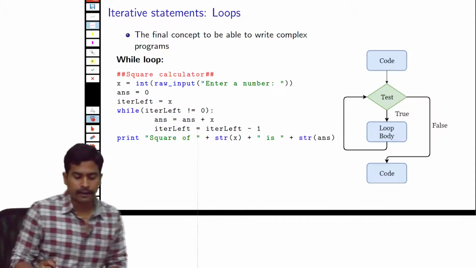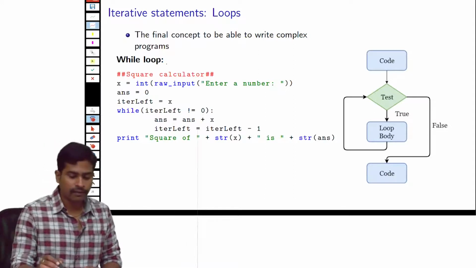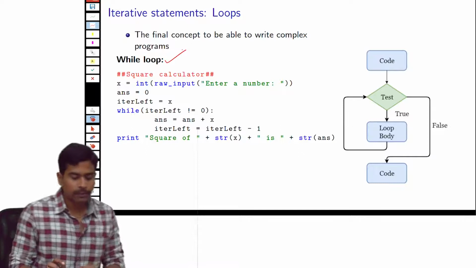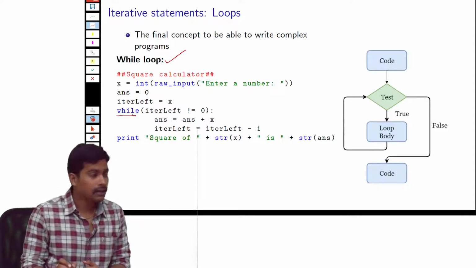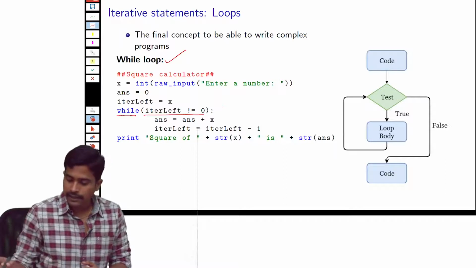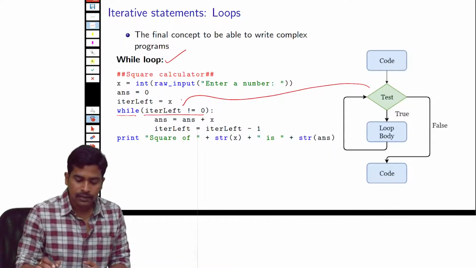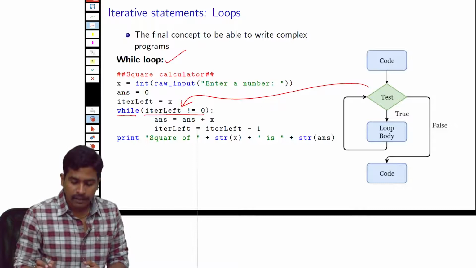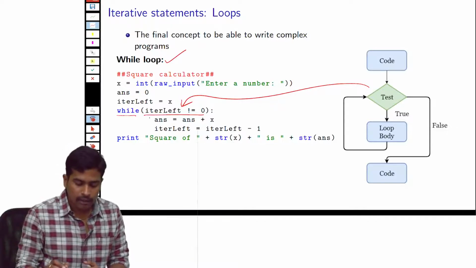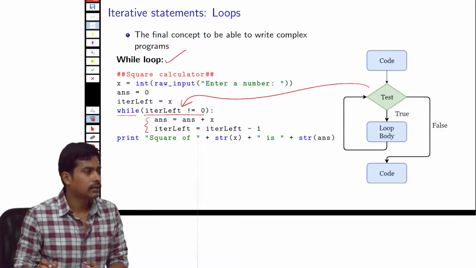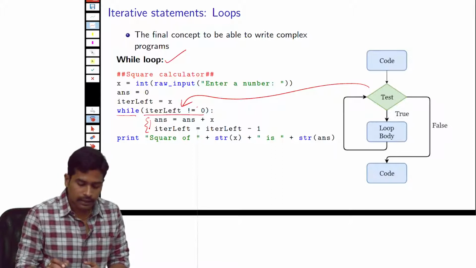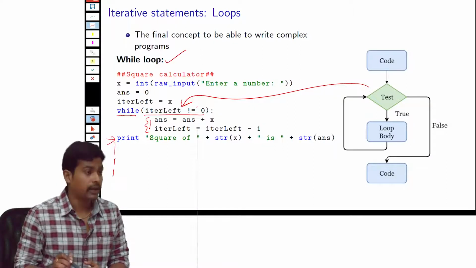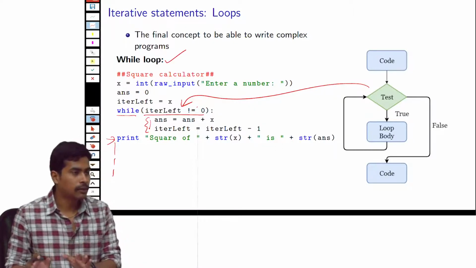So here I have shown an example of a while loop. The keyword to use a while loop is while, and then this is the condition. As I have said, we have a test condition. Based on the test condition, this is the block of code that I want to execute. If the condition is false, it will stop executing this block, and then the program will start executing from this point. Okay. So this is how a while loop works.